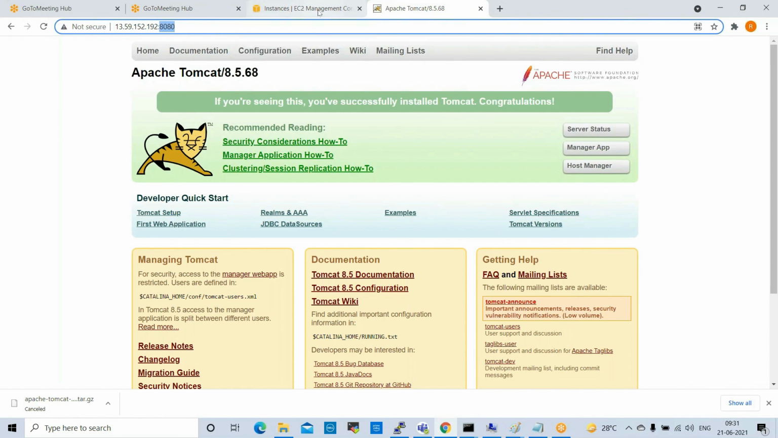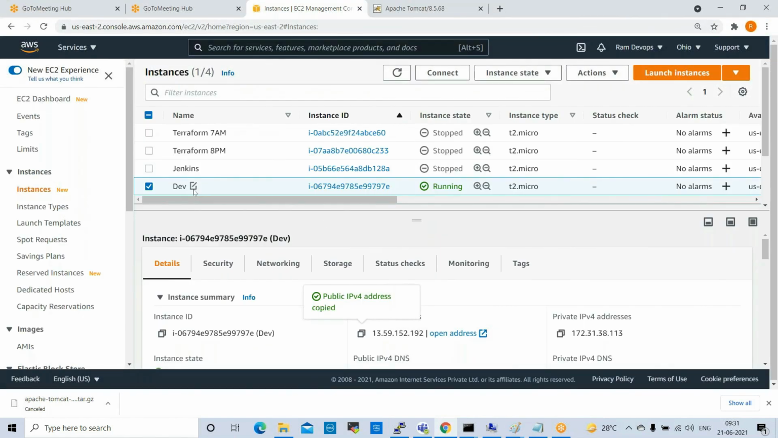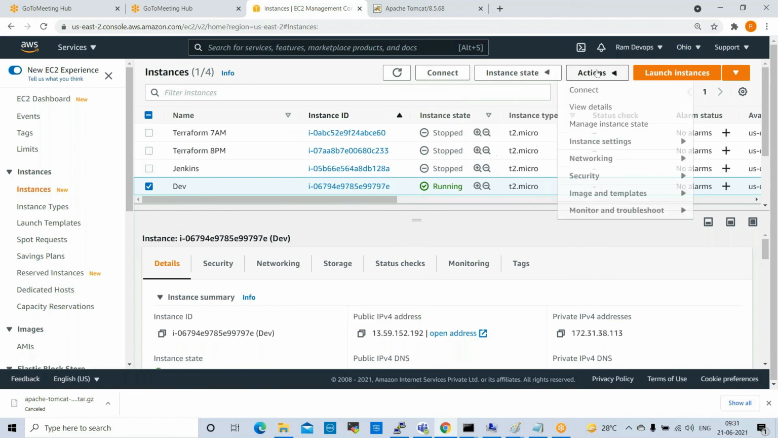And now what I will do, in this server we have all the packages. It is fully configured. Now I want to convert this server into one image. I want to take one AMI from this instance. So for which what we will do, select instance, go to actions,